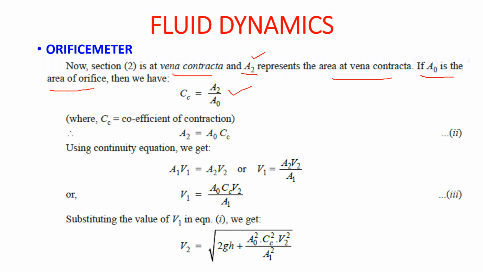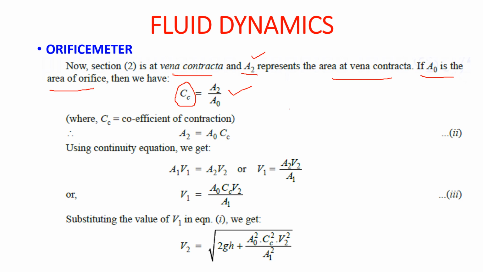So how does this equation come here? We want to know how much contraction of area has happened, which will be compared with the highest area at the particular point. The area of the orifice will be highest, because the water is going to flow through the area of the orifice, and when it reaches the vena contracta section, there will be some reduction in the area, and then only the jet will diverge from the streamline. So this A2 is the area at the vena contracta section of the water, and this A0 is the area of the orifice.